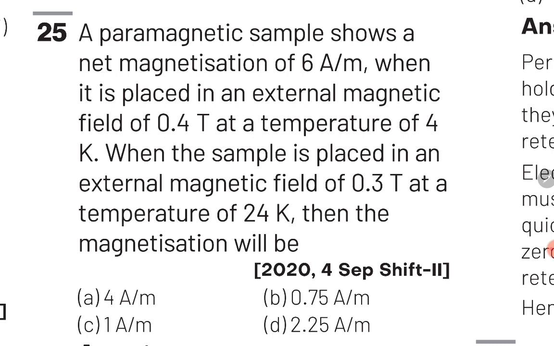the magnetization will be. Guys, in this question, we will use the concept that magnetization of any material is proportional to B upon T, where B is external magnetic field and T is temperature in Kelvin. इसका मतलब स्टूडेंट्स, जितना एक्सटर्नल मैग्नेटिक फील्ड की वैल्यू ज़्यादा होगी उतना ज़्यादा मैग्नेटाइजेशन होगा, एंड जितना टेम्परेचर ज़्यादा होगा उतना मैग्नेटाइजेशन कम हो जाएगा, बिकॉज इट इज़ डिफिकल्ट टू अलाइन मैग्नेटिक डायपोल्स एट हायर टेम्परेचर. सो इन समरी हमें बस ये कंसेप्ट यूज करना है दैट मैग्नेटाइजेशन इज प्रोपोर्शनल टू B अपॉन T. सो लेट्स ऑब्जर्व दिस इन द सॉल्यूशन इन द नेक्स्ट स्लाइड.